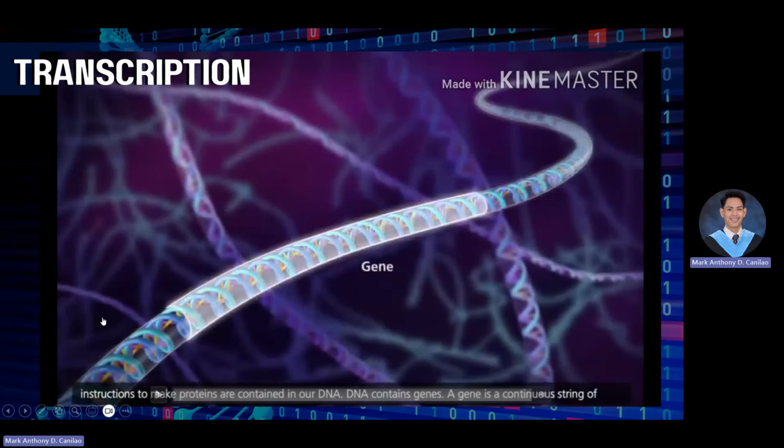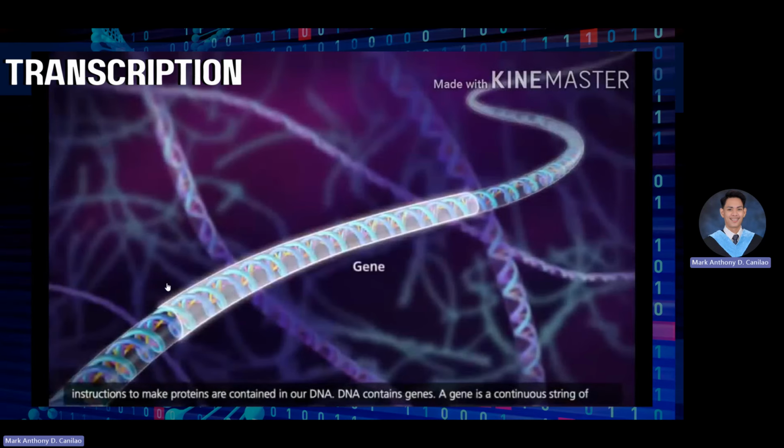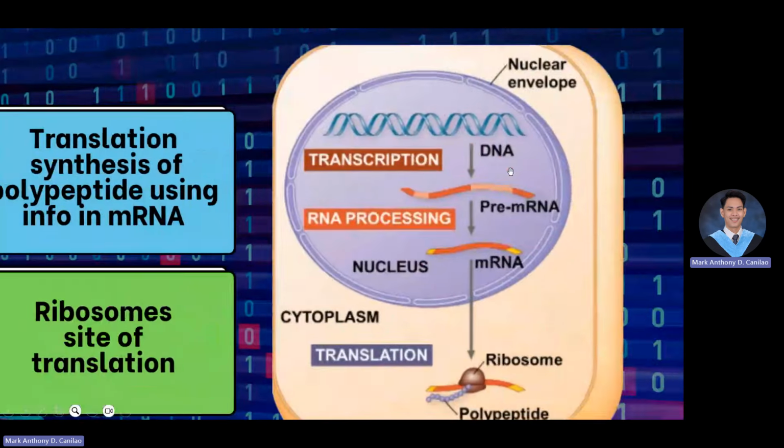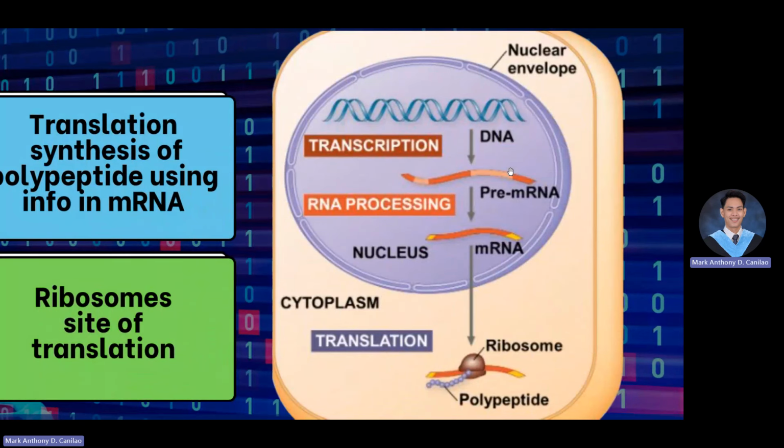So this is an overview of transcription. Before we proceed with the video, I want you to look at this image. The central dogma is a process wherein protein is synthesized or created with the help of our ribosome. In this whole picture, we can easily get an overview of how that happens.